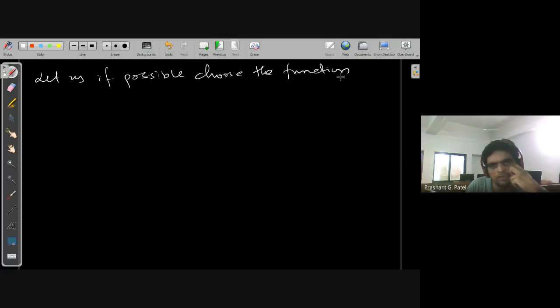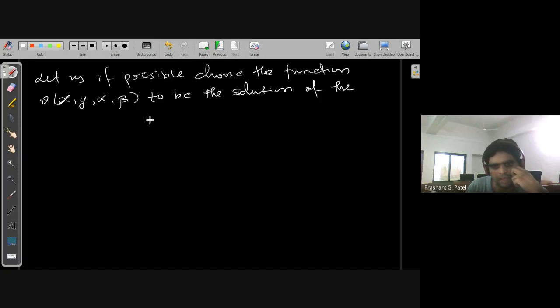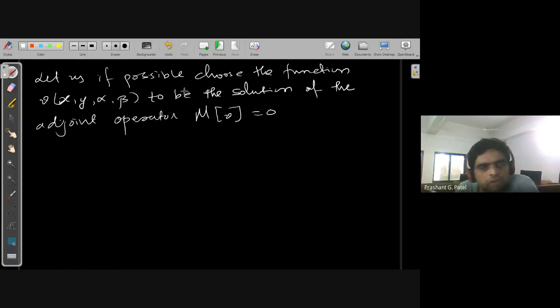What we are doing is choosing the function V of x, y, alpha, beta to be the solution of the adjoint operator M of V equal to 0. So we will find some function V which is a solution of this equation,